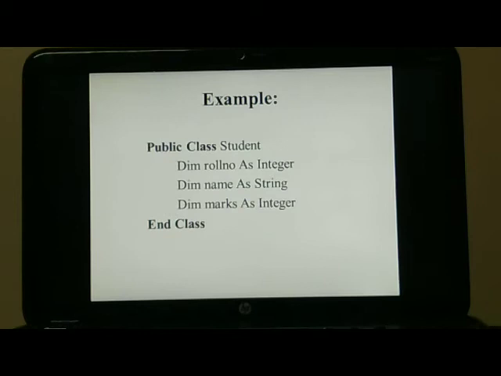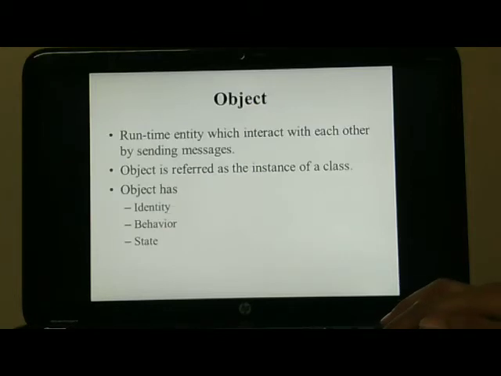For example, I have declared a class, public class student. In that I have taken a variable, dim roll number as integer. Over here, integer is the class and the variable is the object. To end the class, I have used end class as we have seen in the syntax.